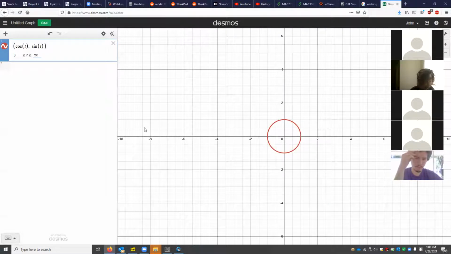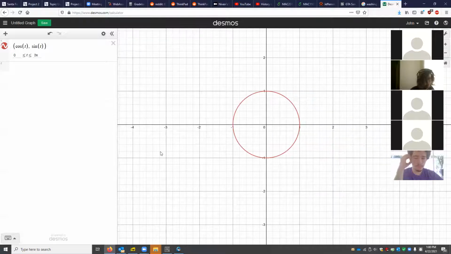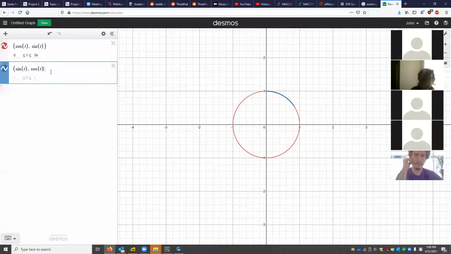This is our normal unit circle, right? This is the guy we did in our previous example. What do you think happens if I switch the sine and the cosine? Nothing happens. Sine t comma cos t also gives you the unit circle,